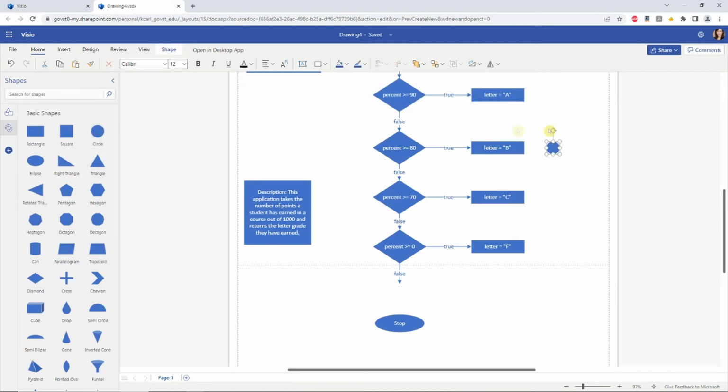So I'm going to grab a circle that represents a connector in order to help us connect all these flow lines back together. So I'm first going to connect the letter A option to the connector, connect letter B to that connector. So I'm going to have a connector circle for each result, each case, and connect down like so